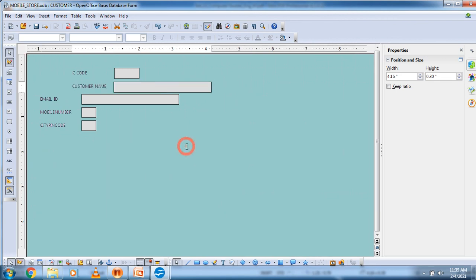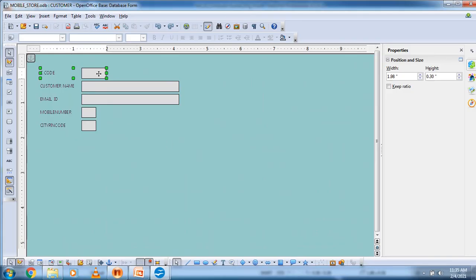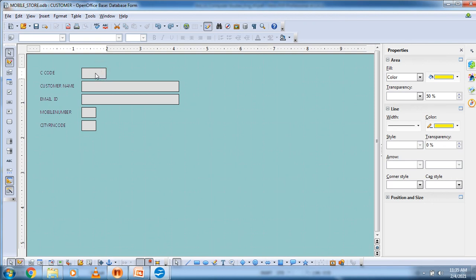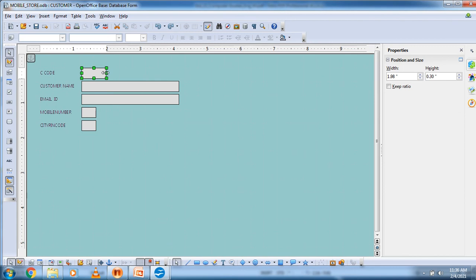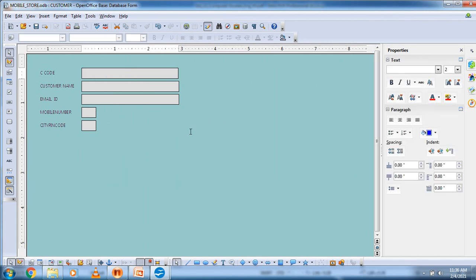Okay student, this is called moving work. After that, if you want to expand the text box size, select that particular text box and expand its size, like this.